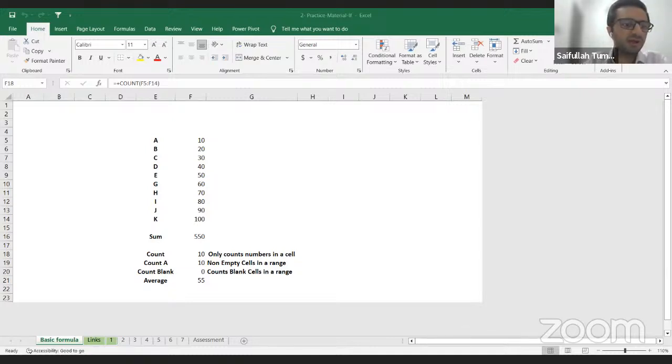Moving forward, Excel is also a calculator itself. How can it be used as a calculator? For example, if I press equals to in any cell, an Excel calculator will automatically open. Likewise, if I want to calculate a sum, for example, 250, 350, 450, and 550, there are two options for calculating: one formula and one basic principle. If I press equals to and move to any cell address, then we have to press the plus sign,